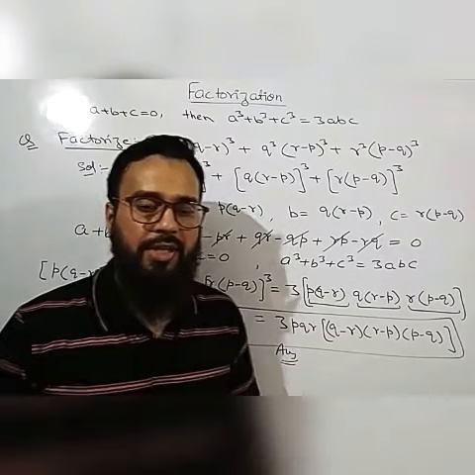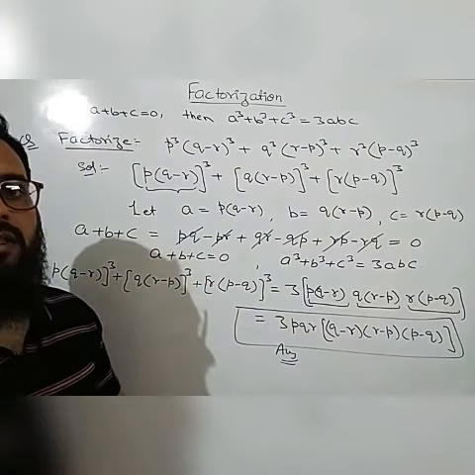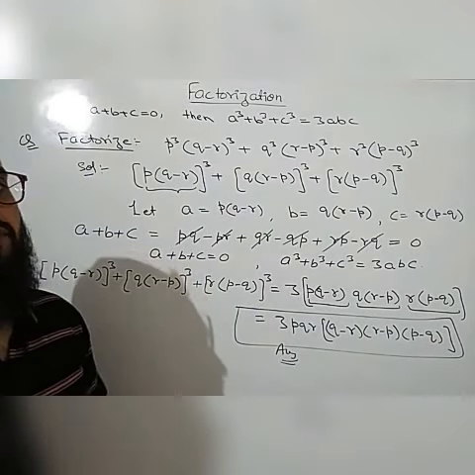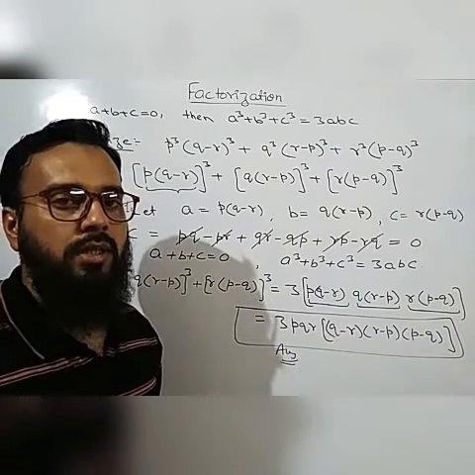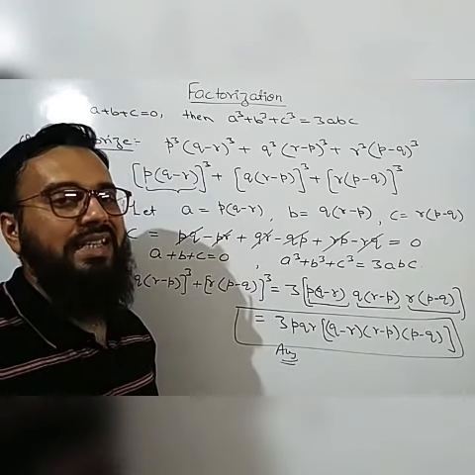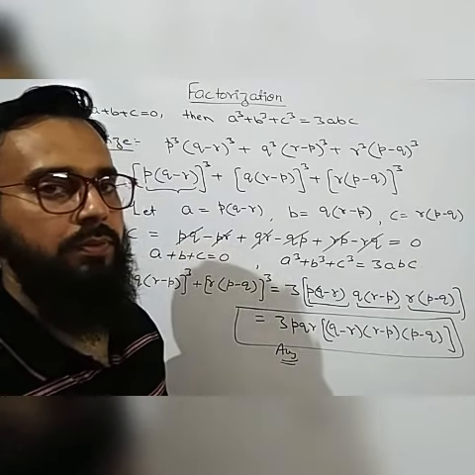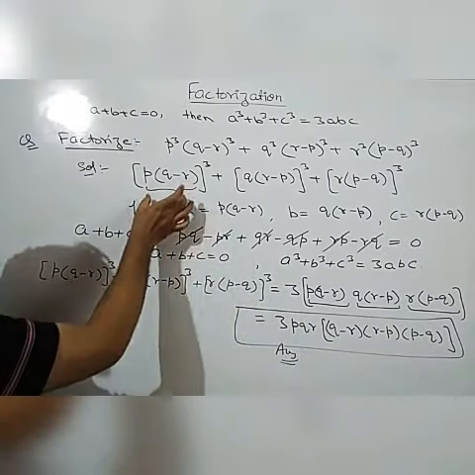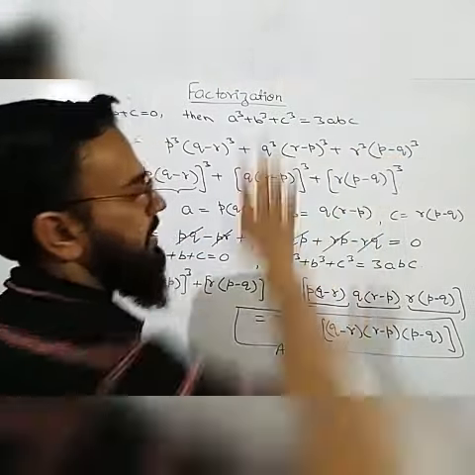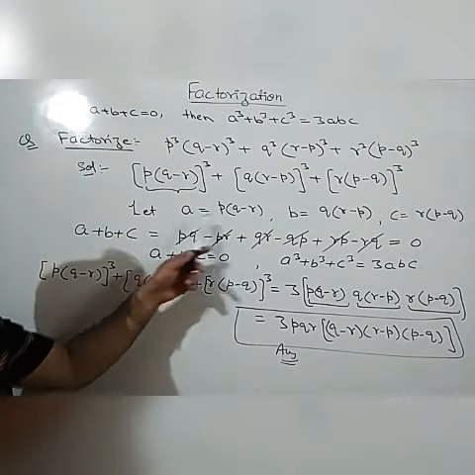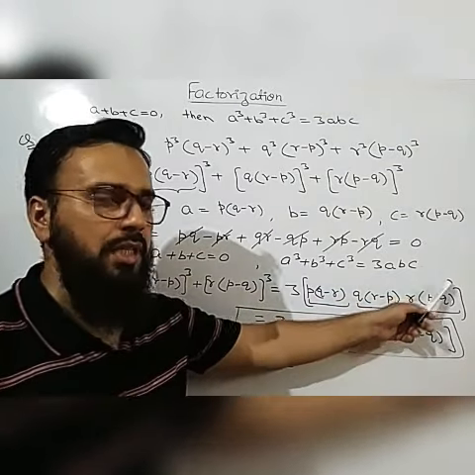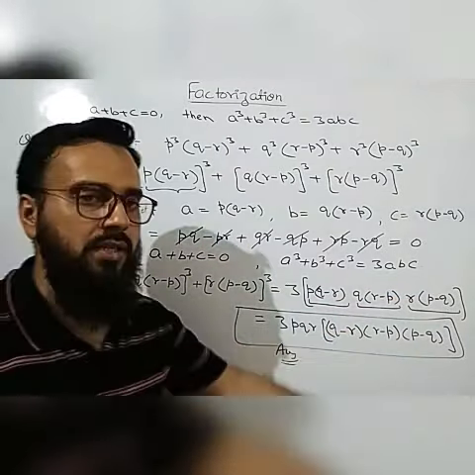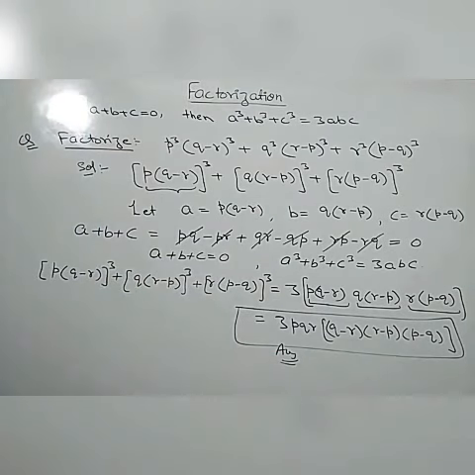Okay, so in this way you can solve such type of problems very easily. The basic thing is that you have to check first whether the sum a plus b plus c equals 0 or not. And in which question will you check it? Whenever it is given that there are 3 terms with cube, you will consider the first term as a, second term as b, and third term as c. Then you check the sum a plus b plus c. If it is 0, then the sum of cubes of these 3 terms will be equal to 3abc, and you have to just put the values of a, b and c. You will get your answer. So note it down.